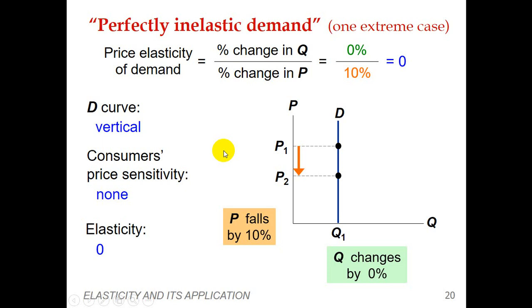If someone has a disease, like a kidney patient or a diabetic patient, they have a monthly prescription. They have to buy that medicine on a monthly or weekly basis, whether prices increase or decrease. So they are not in a position to decrease the quantity demanded of that specific medicine. As I have given you the example of insulin: if someone is a diabetic patient and the price of insulin increases from P2 to P1, the quantity demanded remains the same.